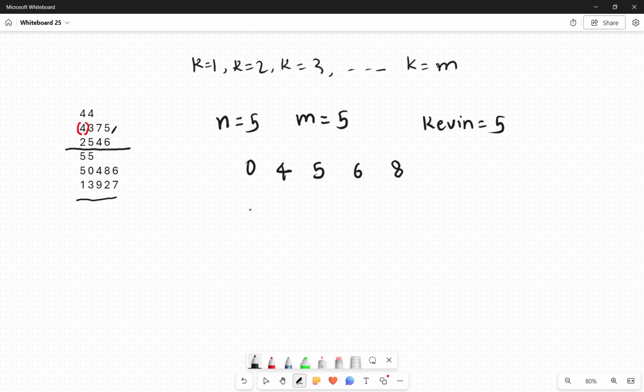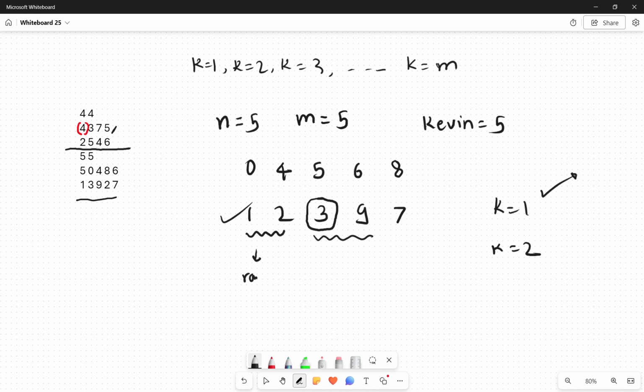So the problems less than or equal to 5, 1, 2, 3, in increasing order, and 9 and 7 in decreasing order. Okay, so when k is equal to 1, it is straightforward how to calculate the answer. For k equal to 2, this will be the first contest and this will be the second contest. What you can see here is that Kevin will be able to solve this problem. Here it is straightforward that his rank will be 1 because Kevin can solve all these problems,